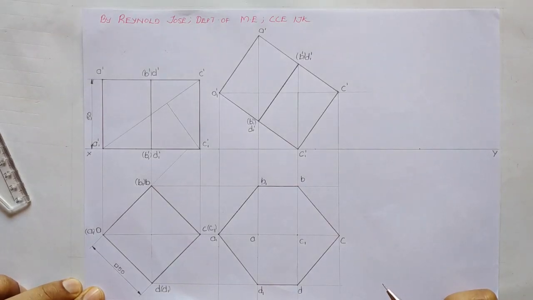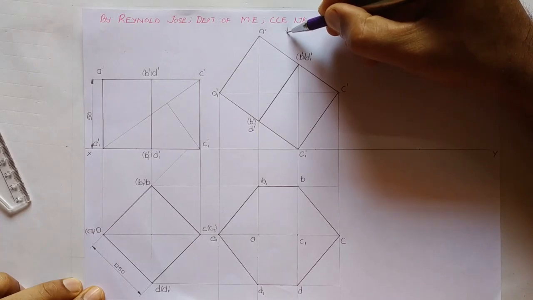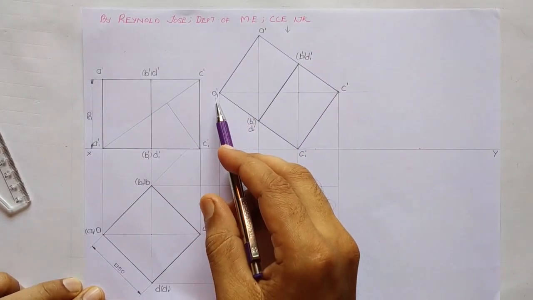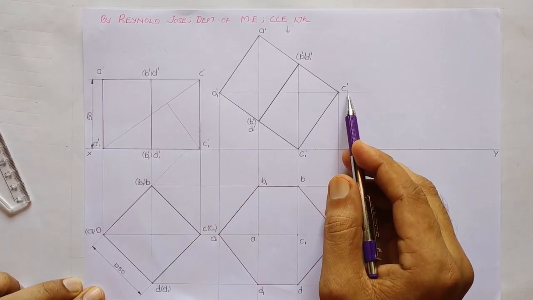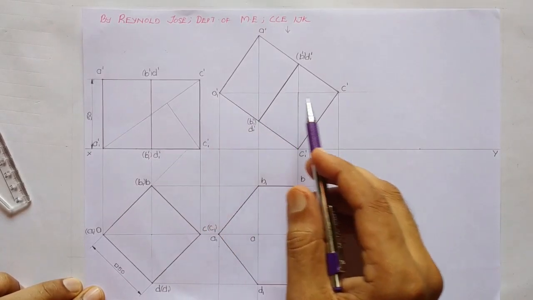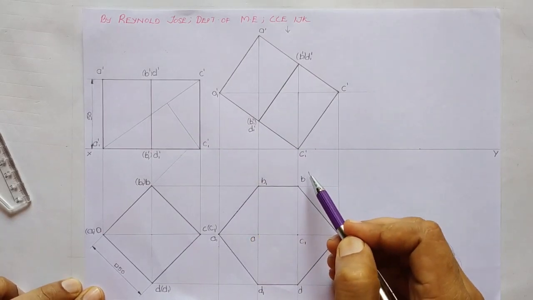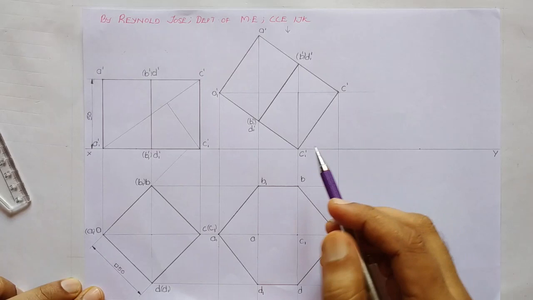corners in the top view. In order to find whether we are having an invisible corner in the top view, we have to observe the solid in this direction, and this is the corresponding front view. Here on the extreme left we are having A1 dash, and on the extreme right we are having C1 dash. So the points which are below this straight line connecting A1 dash and C1 dash, that are B1 dash, D1 dash and C1 dash, these points may be invisible in the top view if they are not a part of the outline. So let us check it one by one.